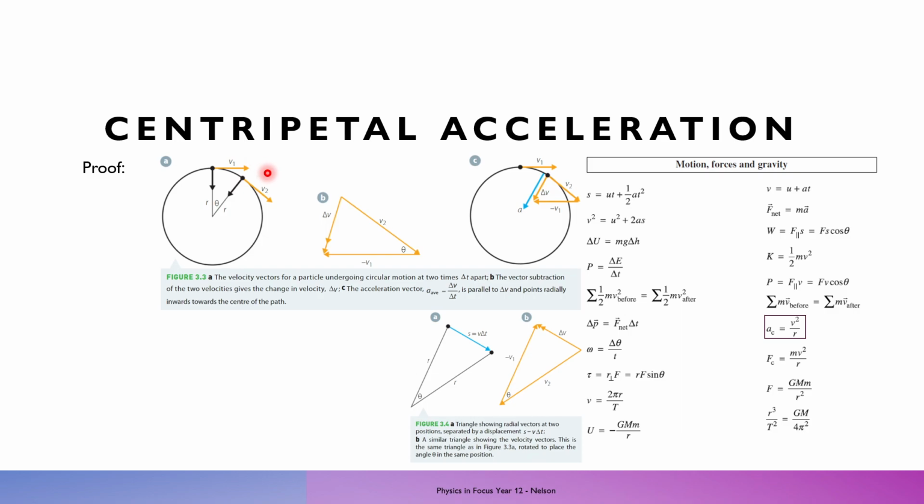In this first diagram, we're being shown two separate points that represent an object undergoing circular motion, and both its position and velocity at two different points in time. This gives us vectors v1 and v2. Now, considering that average acceleration is the change in velocity over time, when completing vector analysis, we can say that